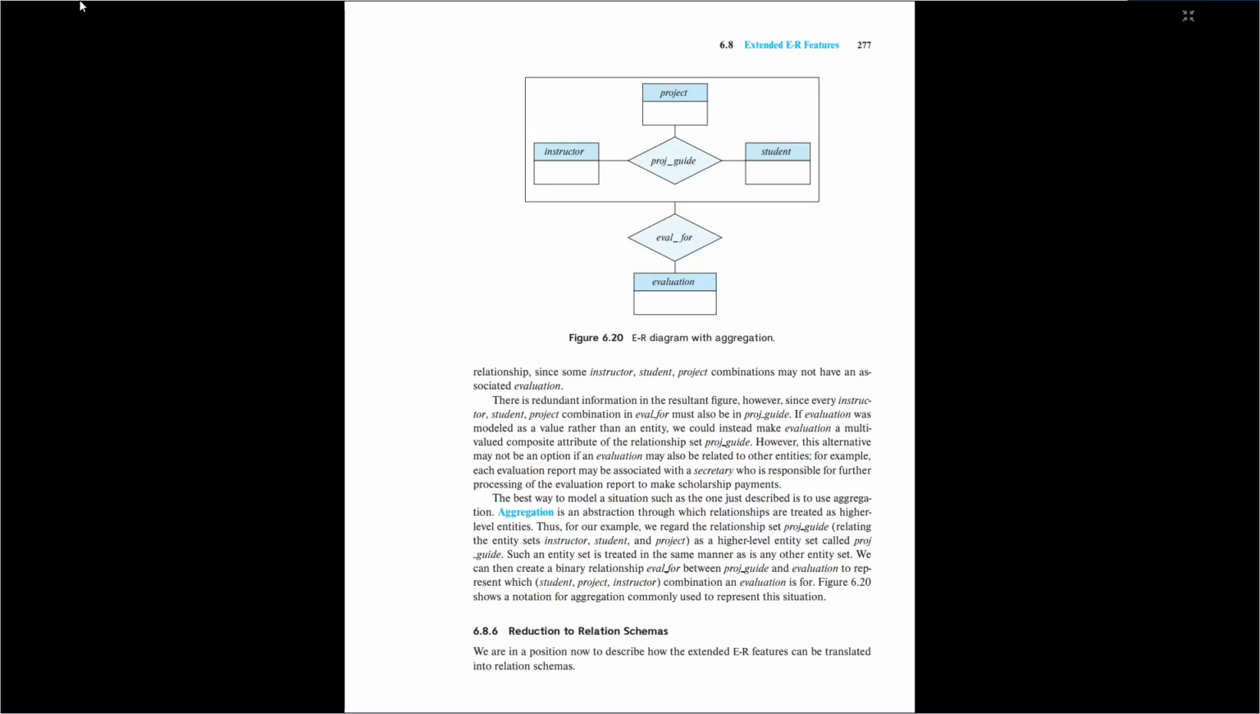6.8 Extended ER features. 277. Project PROJ_guide, instructor, student, eval_for for evaluation. Figure 6.20 E-R diagram with aggregation relationship. Since some instructor-student-project combinations may not have an associated evaluation, there is redundant information in the resultant figure. However, since every instructor-student-project combination in eval_for must also be in proj_guide,